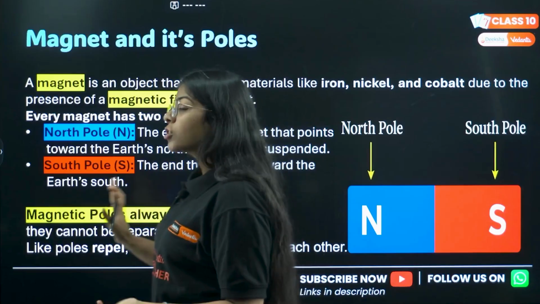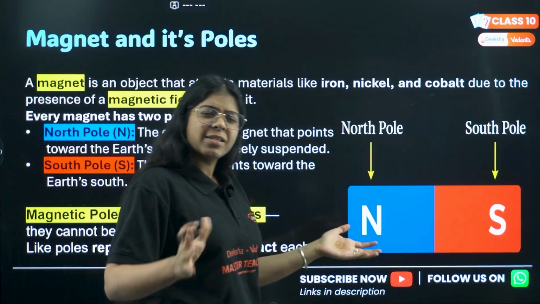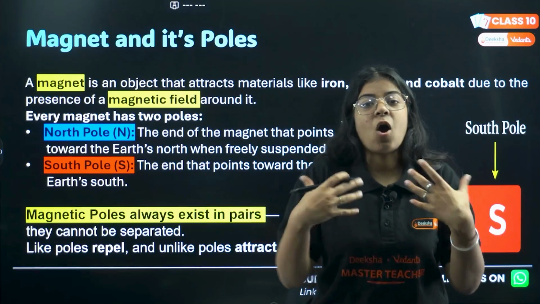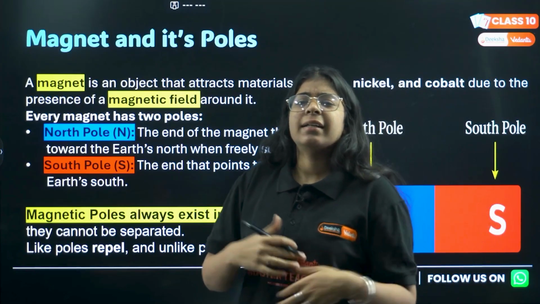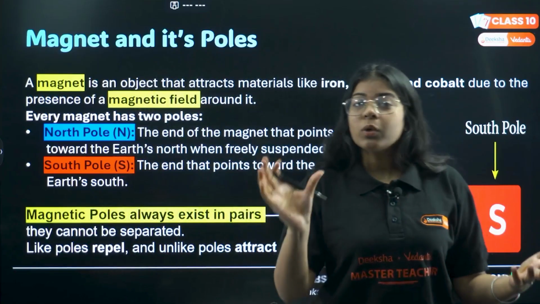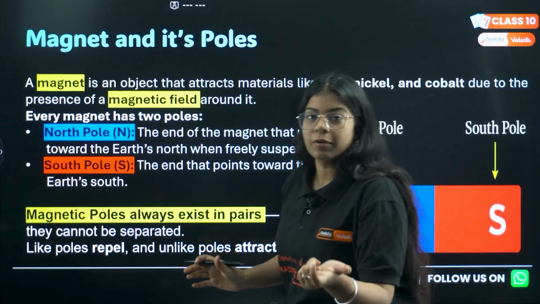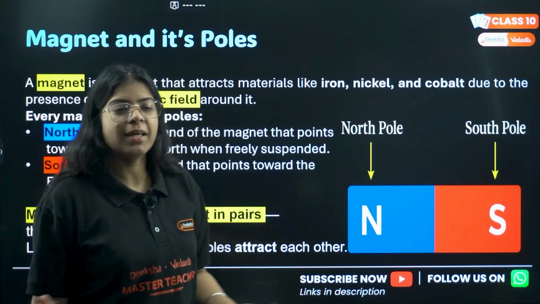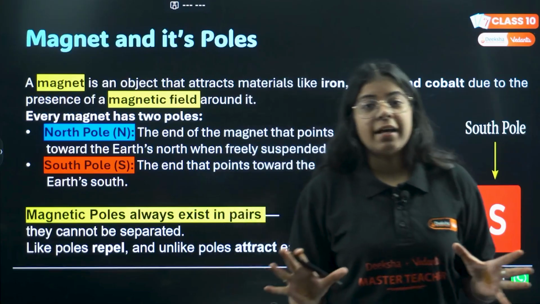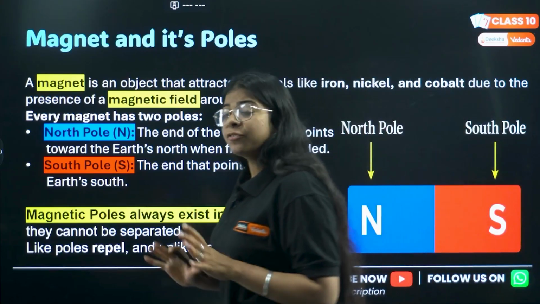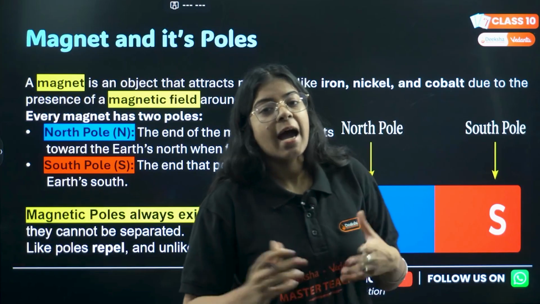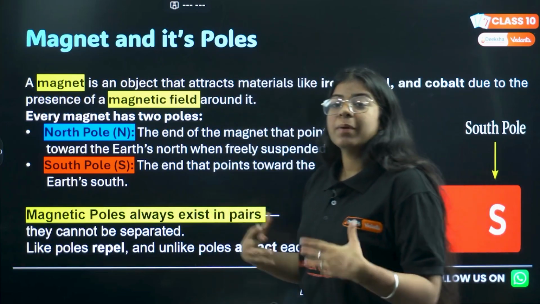So we need to study first what a magnet is, and it has something called poles. Let's see. A magnet is an object that attracts certain materials like iron, cobalt, nickel, only these kinds of materials. It won't attract wood. Why? Because it's just its property, which you'll study later, why exactly a magnet only attracts iron, cobalt or nickel. But for now, a magnet is an object that attracts materials like iron, cobalt, nickel in the presence of